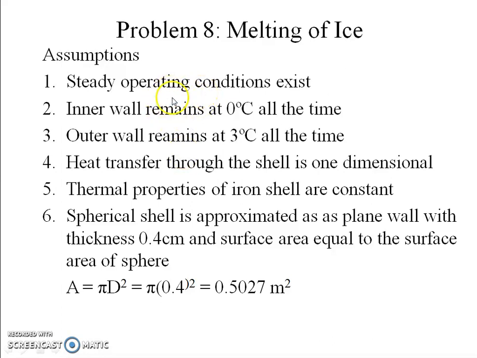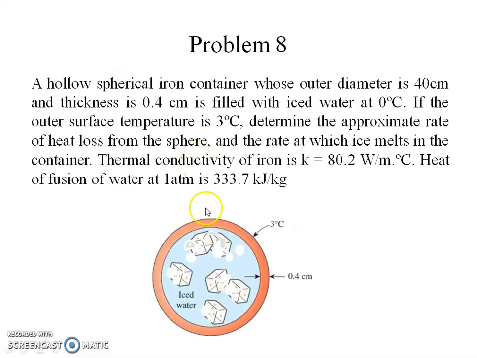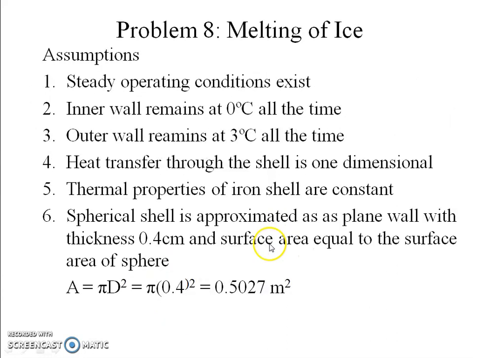First of all, it's a steady state condition. Then the inner wall always remains at 0 degree centigrade. It's a fair assumption because inside there is ice in equilibrium with water, so the temperature will always be 0 degree centigrade. Outside temperature, we are assuming that it remains at 3 degree centigrade all the time. Now further we are assuming that heat transfer through the shell is one dimensional and the thermal properties of the iron